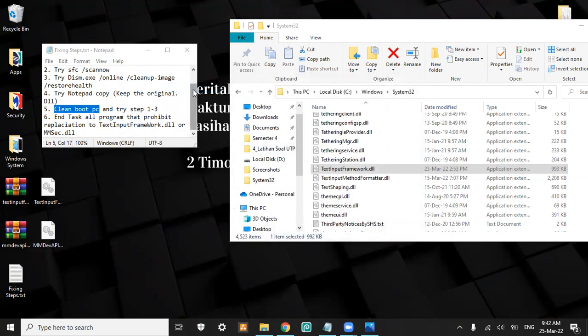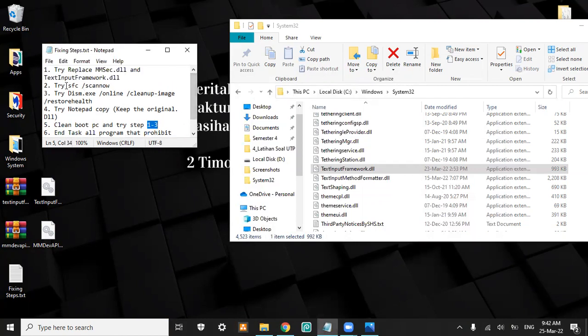After I restarted my PC, it still did not work. So I tried steps 1 to 3 again, to know whether it works or not after the clean boot. I tried to replace the file again and it still did not work because it's still used by another program.